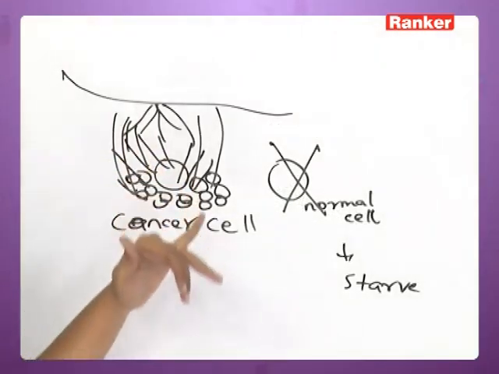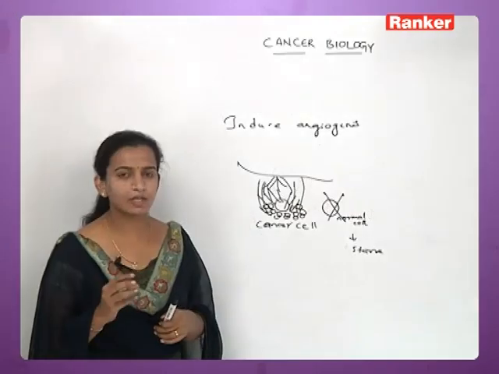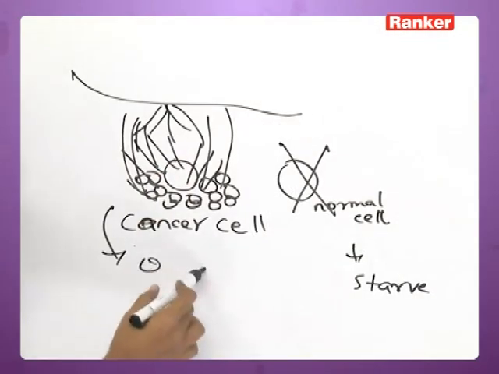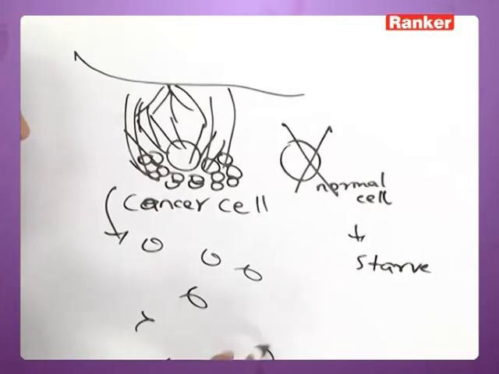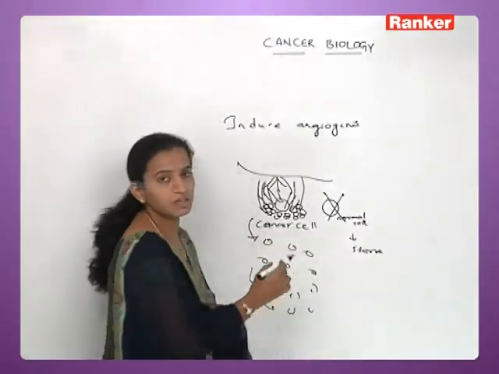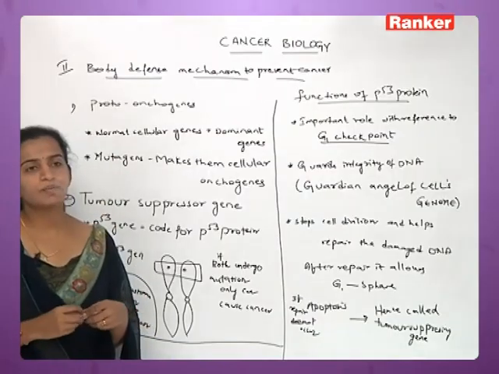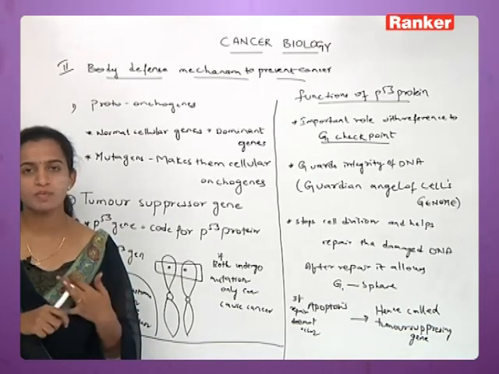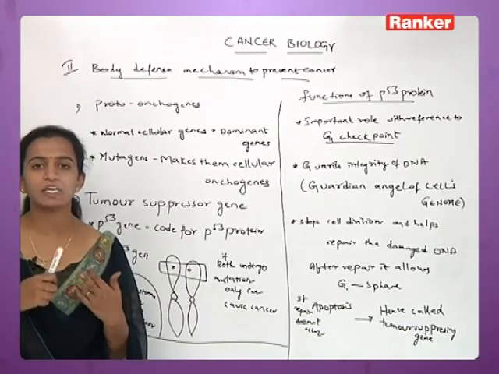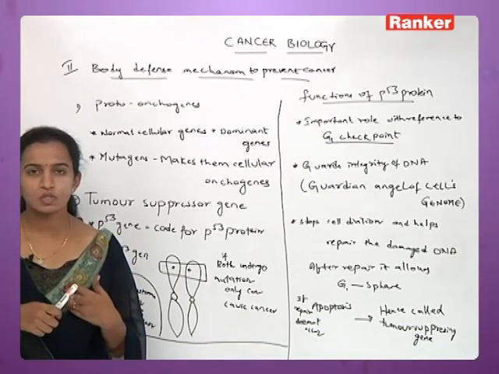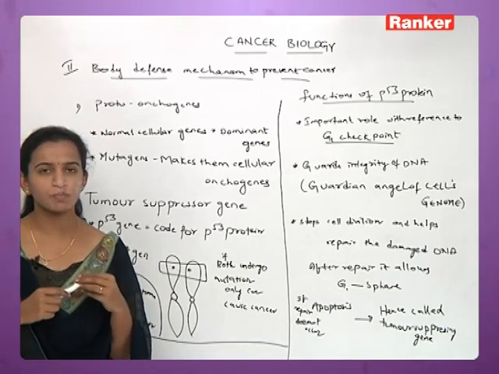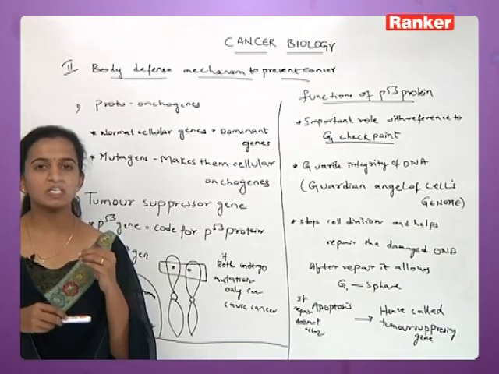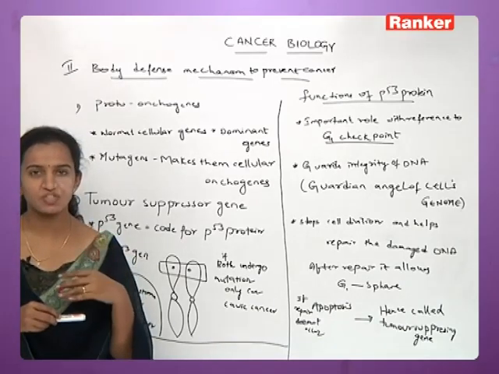Now, we already said that this kind of growing is a metastasis process. Metastasis means they can move all over the body, so everywhere they can be spread. You can see spreading everywhere in the cancer cell. So we have seen some properties of cancer: what is cancer, what are its properties, what actually is a normal cell, and why a normal cell goes on to become a cancer cell. We have seen some basic knowledge about cancer, but there is a question: why, even though we have an immune system which needs to work against the antigens entering our body?